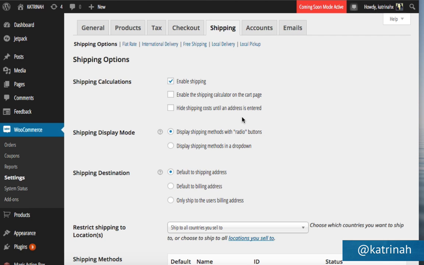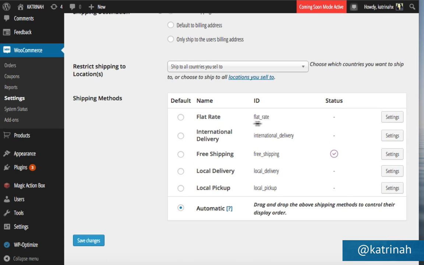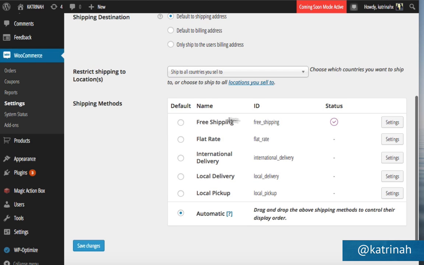For the sake of this video, I'm going to be creating an e-commerce website with free shipping. So I'm just going to scroll to the bottom here. And here under shipping methods, we can see that free shipping has been enabled. When I hover over the question mark, it says enabled. Now, to make it a little bit easier to see, I'm just going to drag this to the top here so that free shipping is the first one, since that's what I want. Then I'm going to click on Save Changes. This just makes it easier to see.